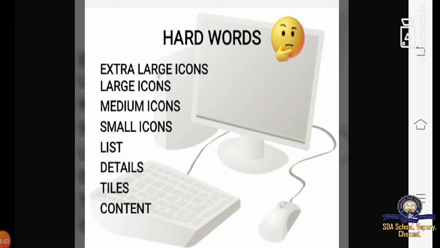Children, please study the second lesson. Read the lesson. You all have the textbooks now. Please read the lesson again and again, and I'll be sending all the notes to you on WhatsApp. So write all the notes in your notebook. Write the questions and answers.